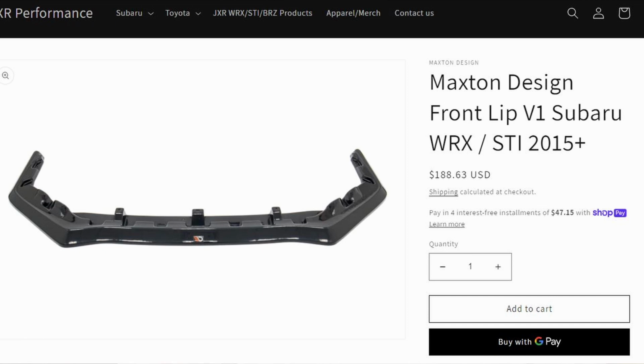Get the cheapest possible front lip that you can buy and do your own painting, or buy one that's cheap that's already painted. There's a bunch of different options. Just know that if you do go with the Amazon options, one of the downsides is your fitment's not going to be as great, and you're going to end up having to drive more screws into your bumper, and it's still not going to be perfect. Having had a couple Amazon front lips, I would say that that's probably not the right way,